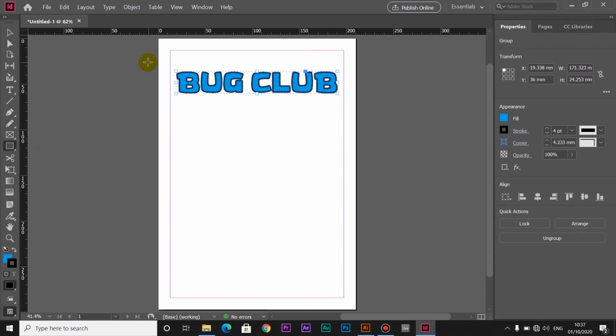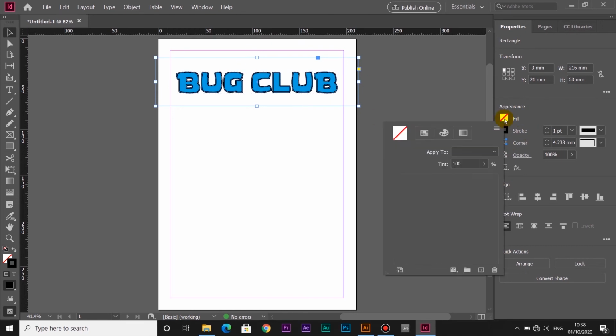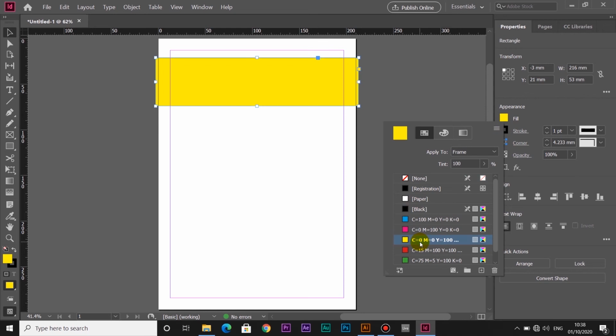I'm going to drag out a box like so. Again, we've got the bounding box now. I'm just going to drag it out a little bit more, like that, perhaps, maybe a bit bigger. There you go. And then I'm going to fill that. So I've got that selected, so the properties will be for this box. So I click on fill, I'm going to click yellow, and now you can see it's covered up my text. That's because we need to